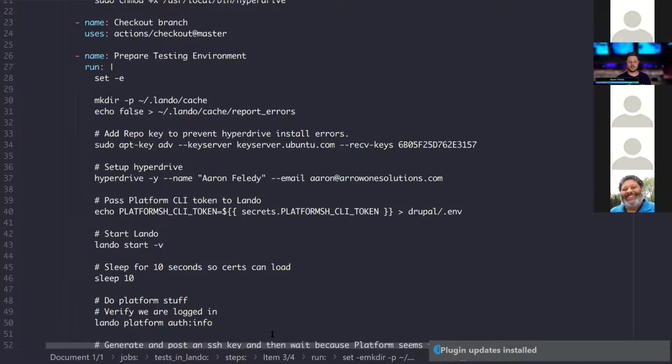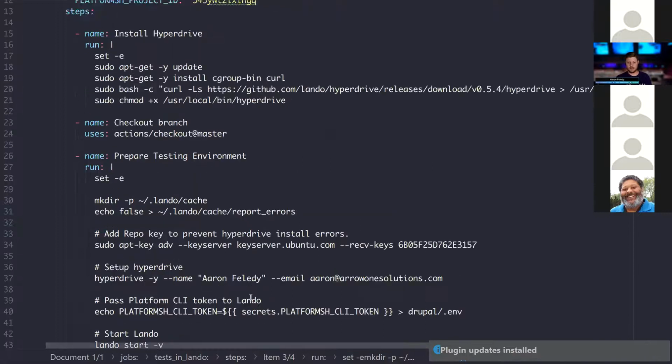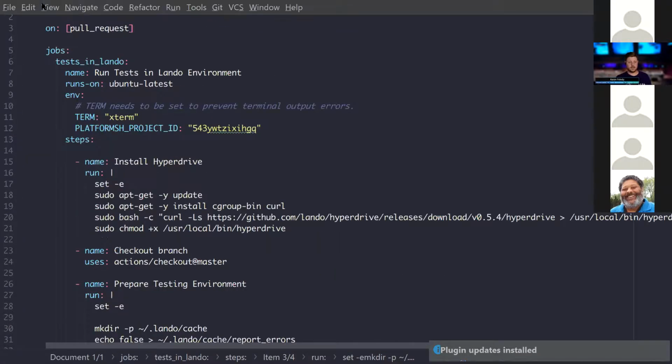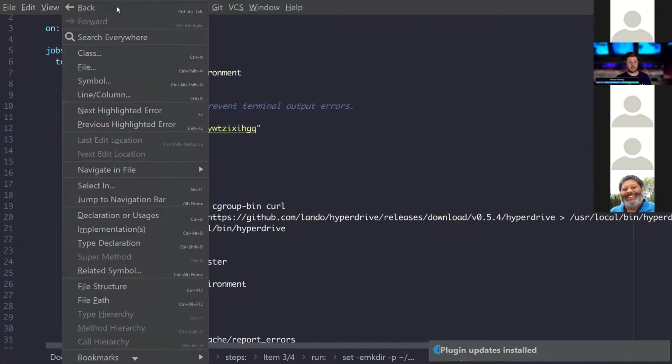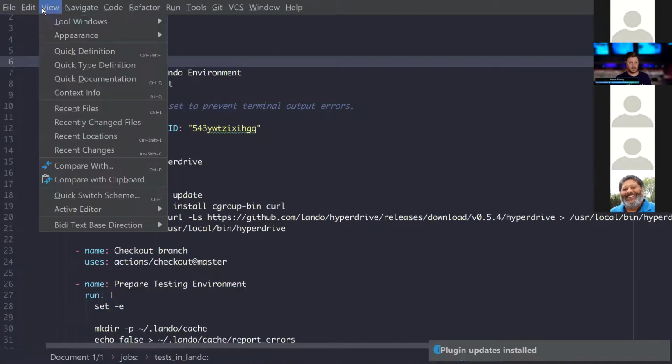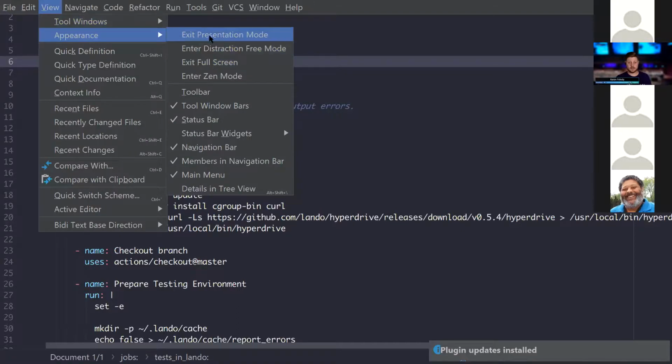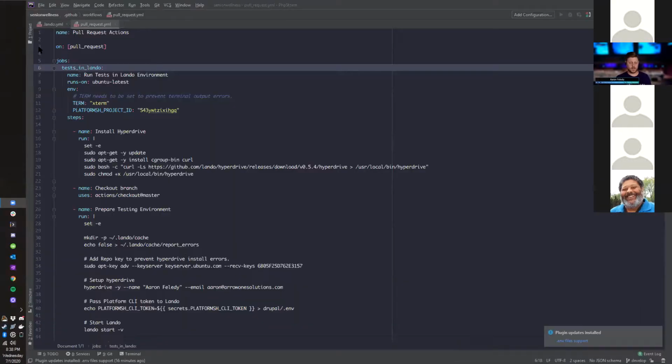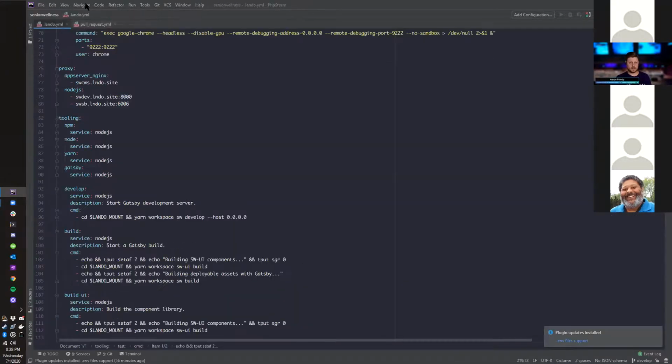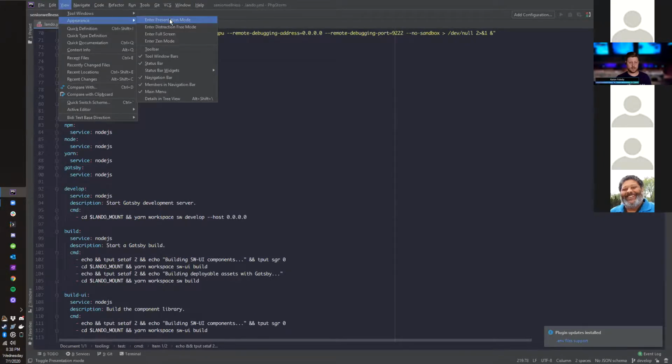But yeah, so one of the things he's mentioning here is the, let's see, how do I get? I'm not used to working in this presentation mode. They get rid of everything. So back in our Lando file,